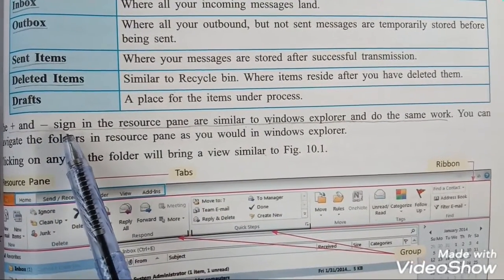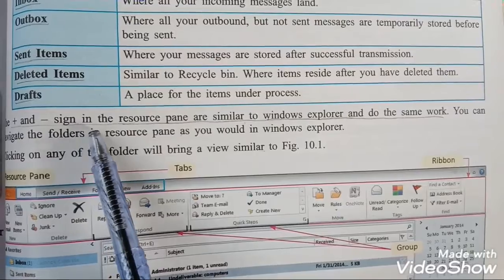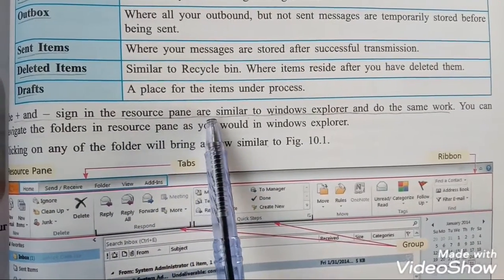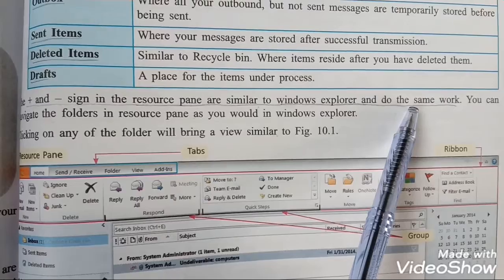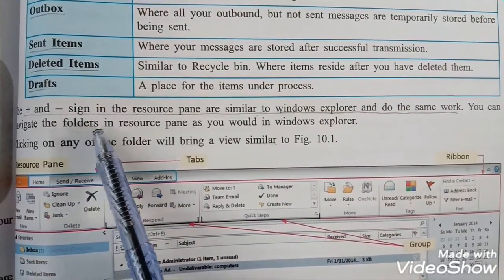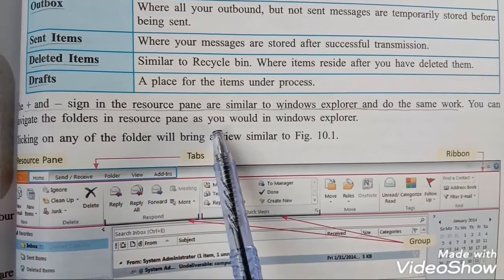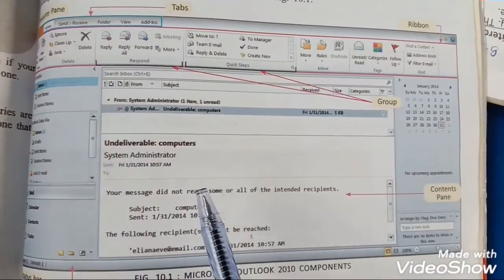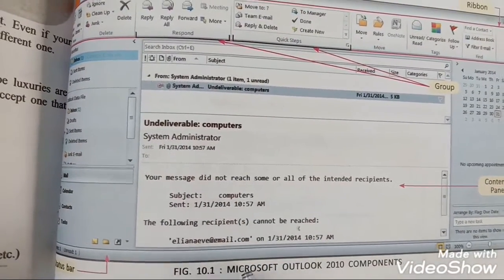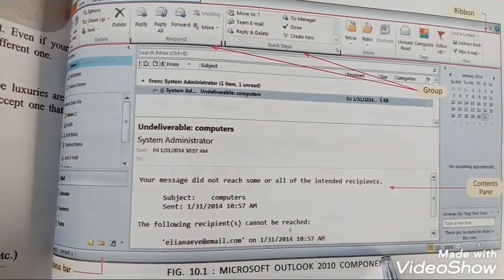The plus and minus signs in the resource pane are similar to Windows Explorer and do the same work. You can navigate the folders in the resource pane as you would in Windows Explorer. This is the diagram of Microsoft Outlook 2010 components.